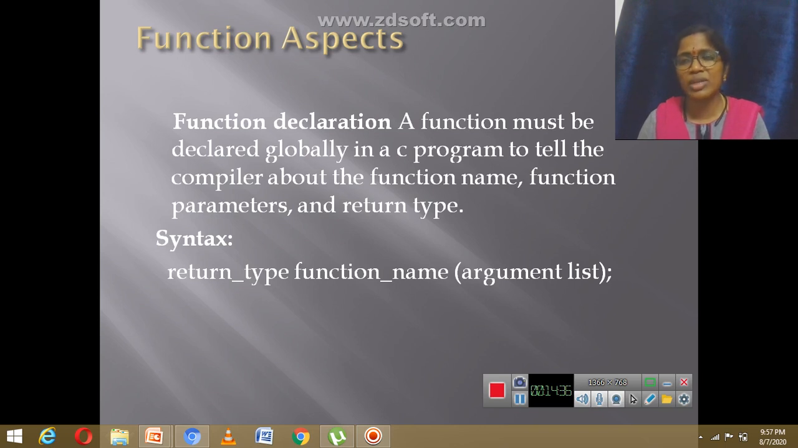So what does it mean? I can write a function addition for two numbers which are integers. So what will it return? 2 plus 3 returns 5, which is again an integer. So my function returns an integer. The return type is integer, and this function name will be